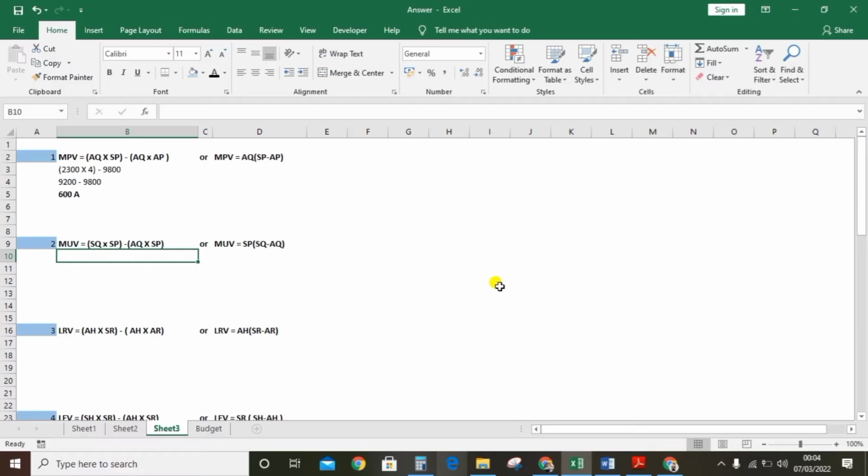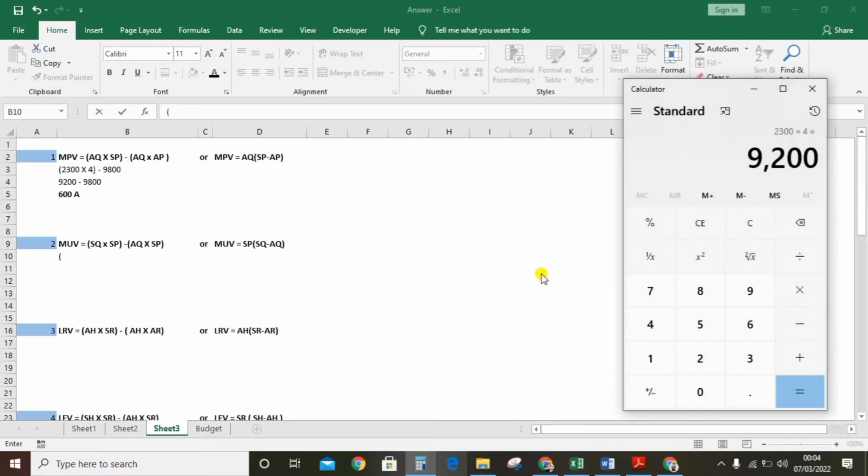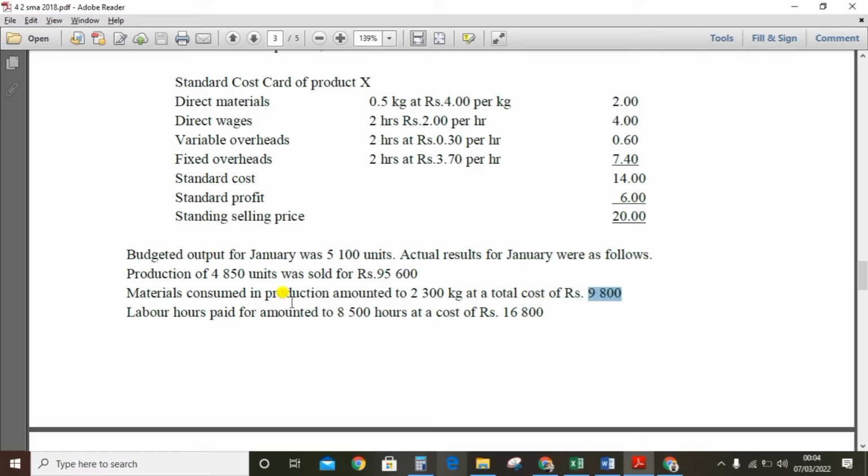SQ meaning budgeted material for actual production. And SP meaning, already said, the budgeted 1 unit of material cost. AQ, already said, the actual material usage for actual production. SP is the same. So SQ, actual production as per the question paper,